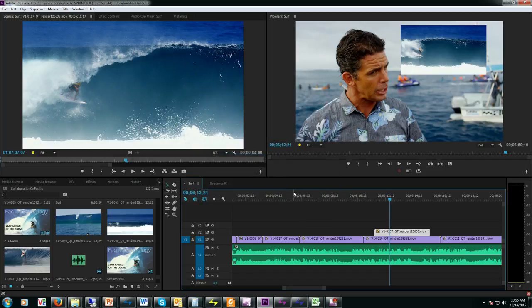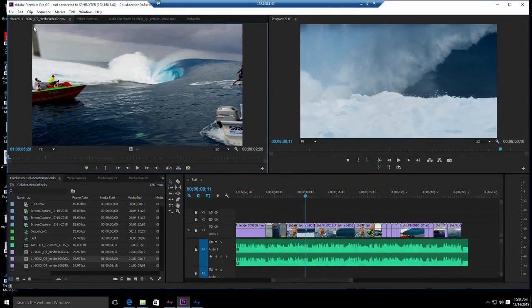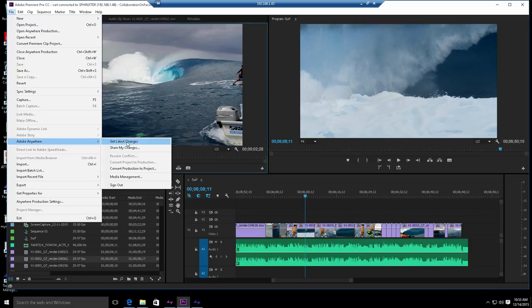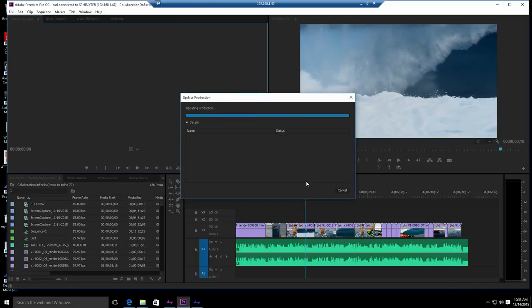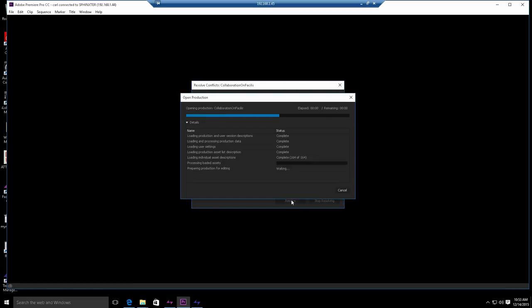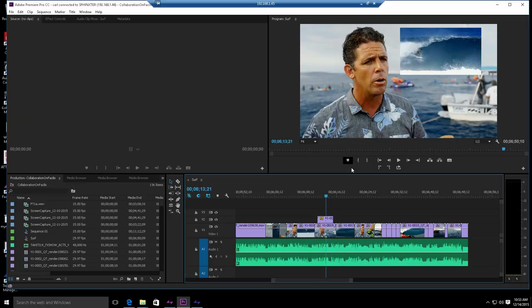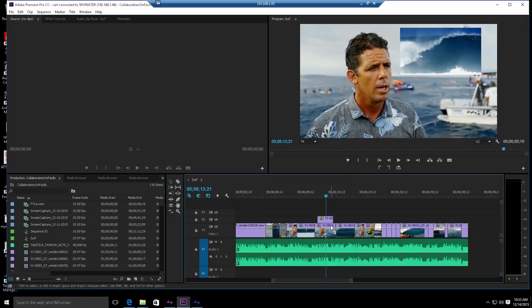So from there, that new information about the timeline that I've just added, that clip goes up to the database so other people can have access to that change. So on my other workstation here, with the older version of the timeline, I simply go to Adobe Anywhere, Get Latest Changes, and it comes through, grabs the changes I have, and asks me to resolve a difference in the timeline. So I'm going to go ahead and take the shared version and resolve it. And sure enough, there is the clip that I've just added on the other workstation coming up now in my timeline. So this is a great way to share projects between multiple Adobe Premiere workstations, and Facilis supports the entire